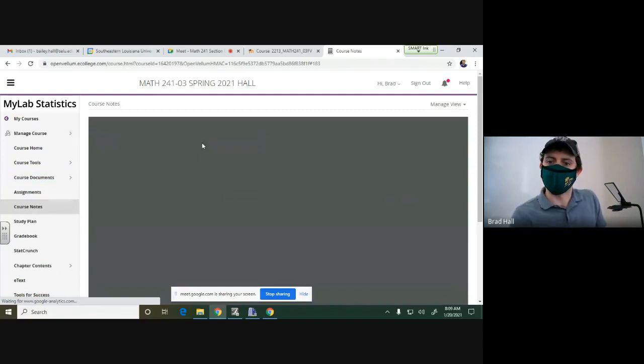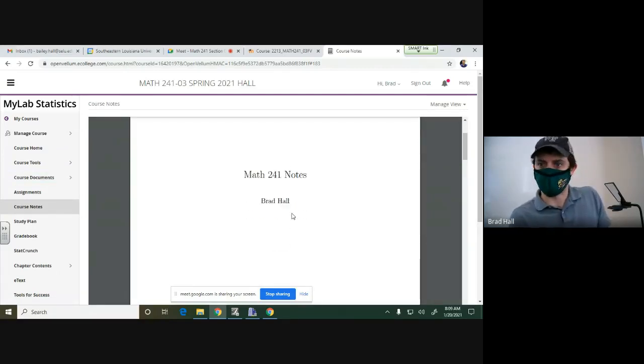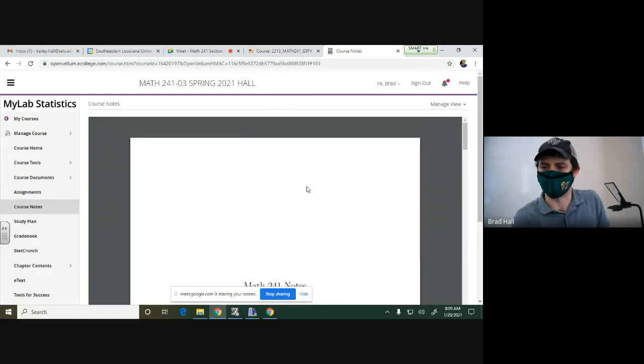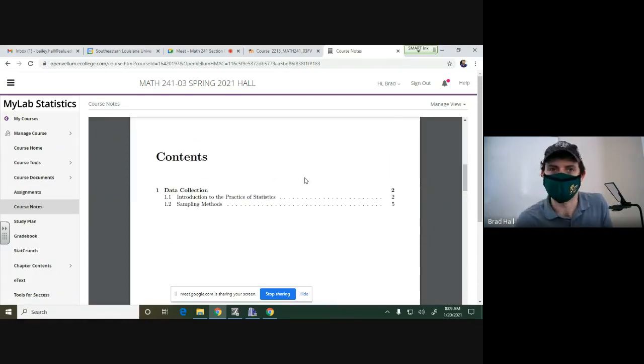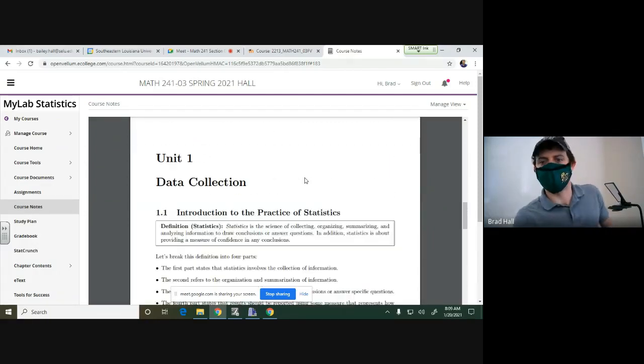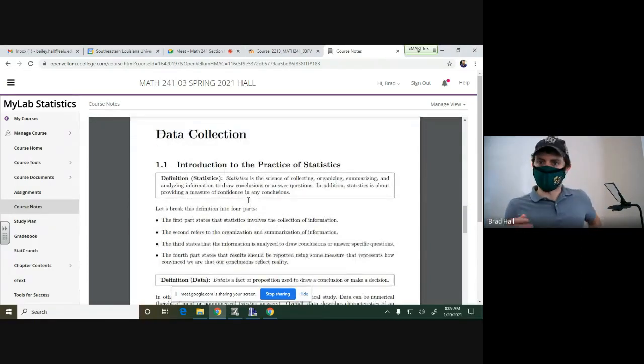Course notes. I was very much tardy in getting these course notes up. I've been begging for many semesters to teach this class, and I'm very excited that I finally get to teach it. Now I have an opportunity to type the notes. The problem is when I start from scratch, it takes a while. These notes, if you had me for Math 105, you should be familiar with all of this. But if you have not, I post the course notes.